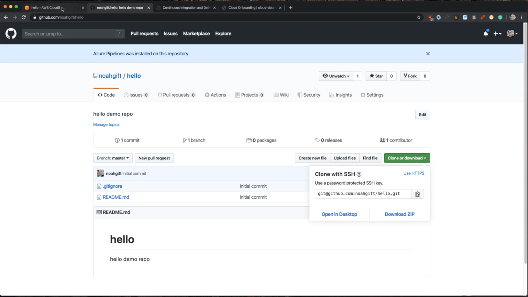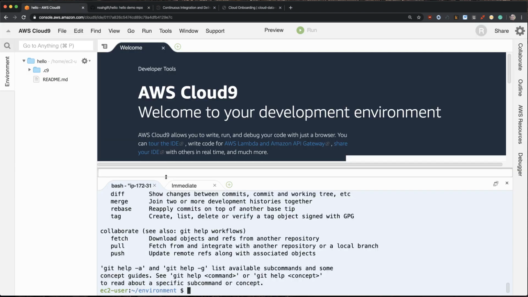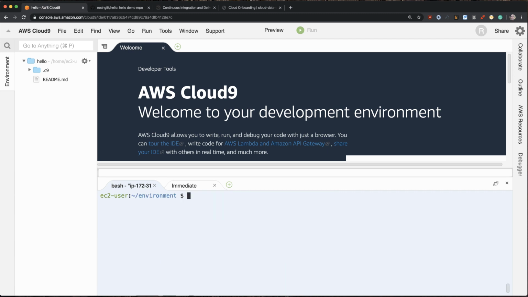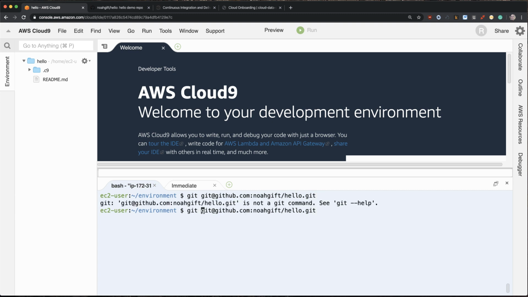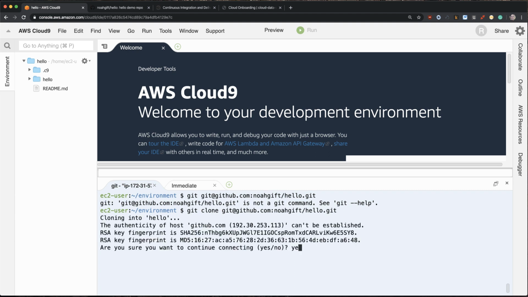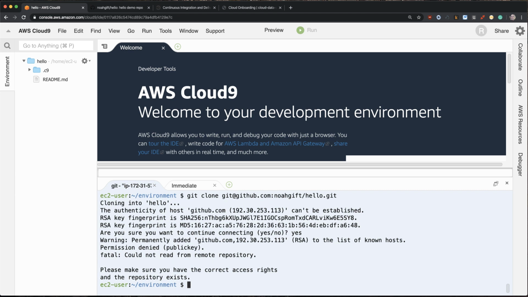Next, I'm going to go back to my Cloud9 environment and attempt to check it out, and it won't work. The reason why is that it's going to require me to set up an SSH key. So I'm going to say git clone, and it will say could not read from the remote repository, which is what I was expecting. So I'm going to create SSH keys locally here. So ssh-keygen